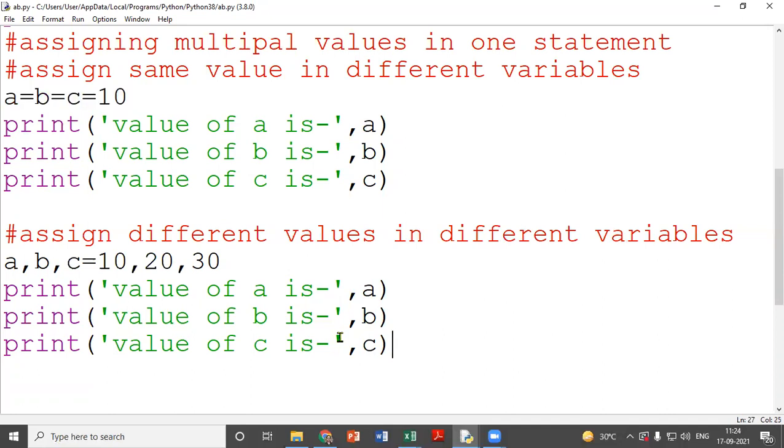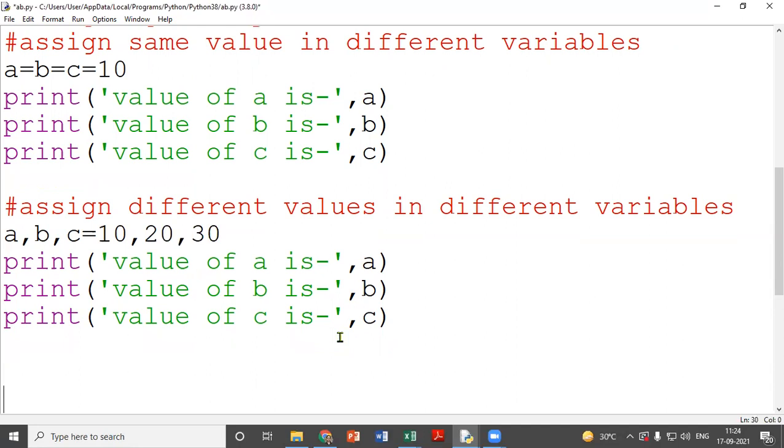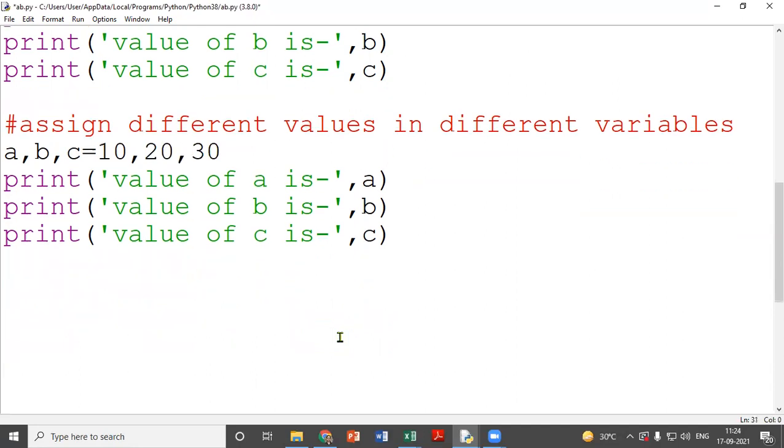Based on this, I'm going to explain one program of swapping. What is swapping? Look here. Swapping is interchanging. Swapping of two numbers. Suppose A I took 10 and B I took 20. I want A should be 20 and B should be 10.